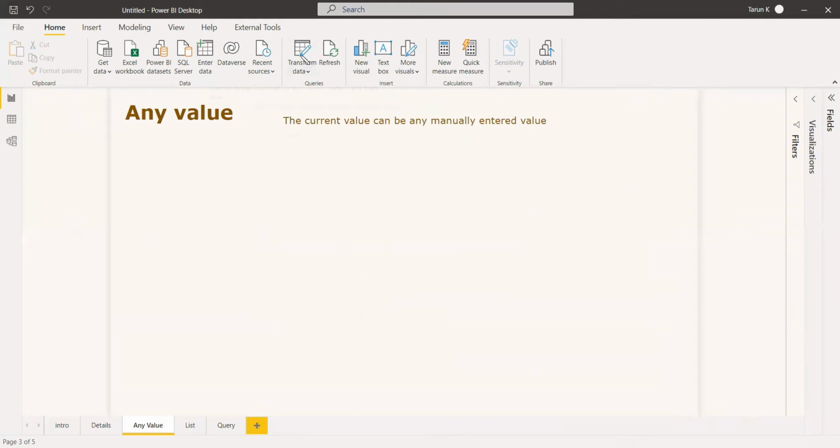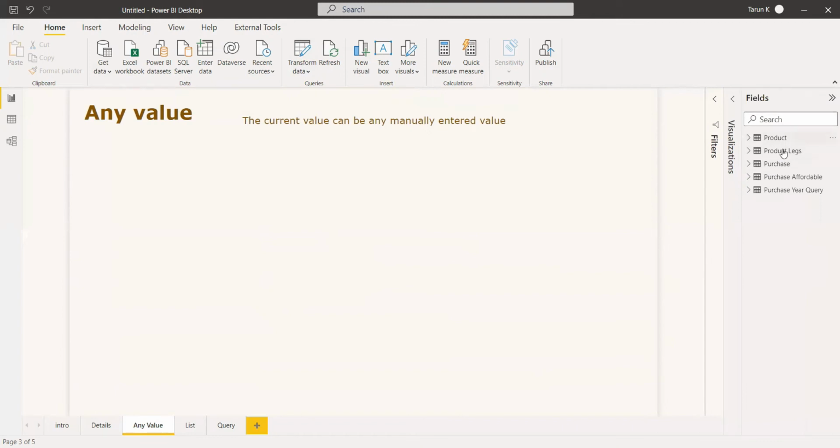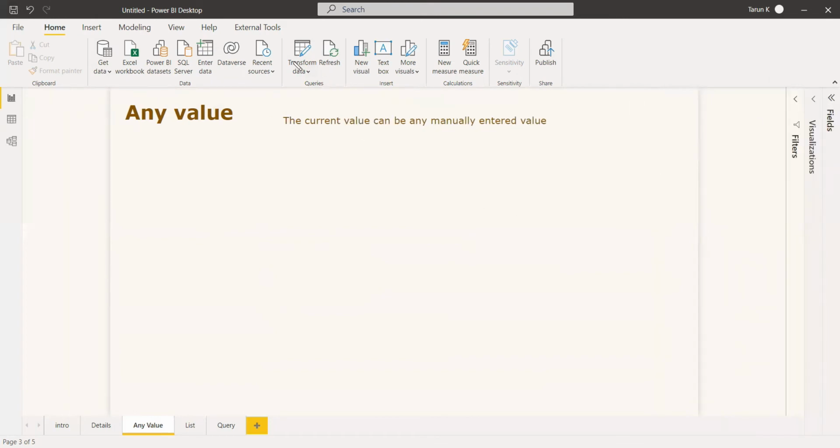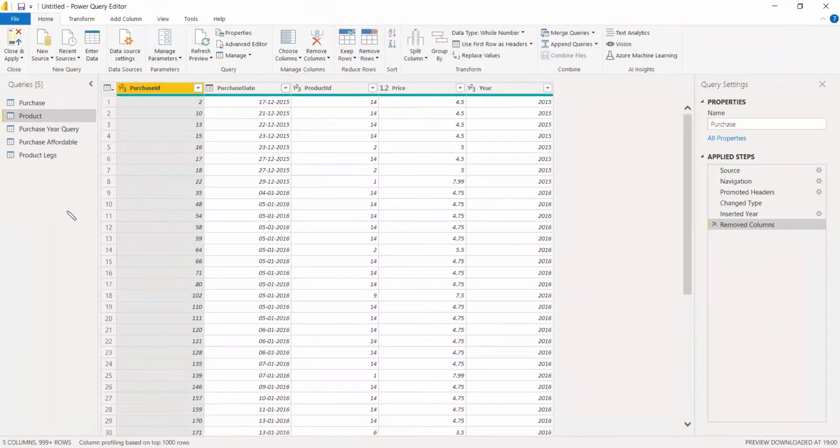We'll go to Transform Data to see the tables and the data set, and we can create a parameter through Transform Data. Usually when we get the data itself, it will go to Transform Data. Since I already have the data, I have two tables and have created the corresponding tables. In Transform Data, I have the purchase and product tables, and I have referenced these tables here to show all three forms.